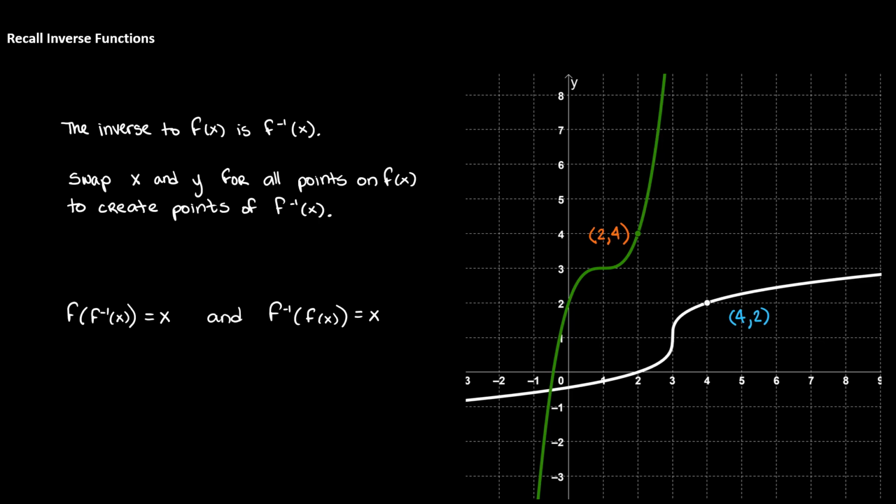So f with its inverse plugged into it will give you the original input, x. Or f inverse with the original function plugged into it will give you the original variable x. So these are properties of inverse functions that we've seen before. But now we're going to build on this and talk about how rate of change is seen between the two